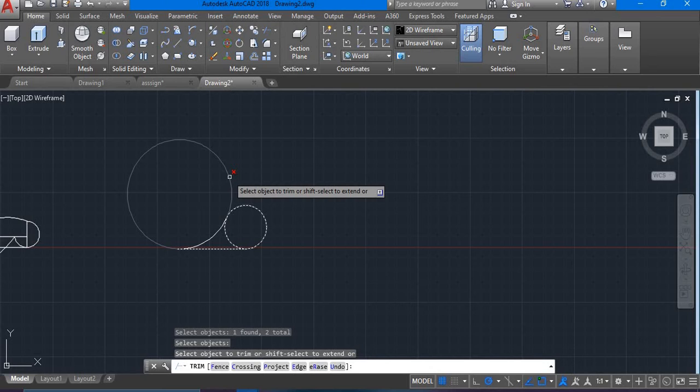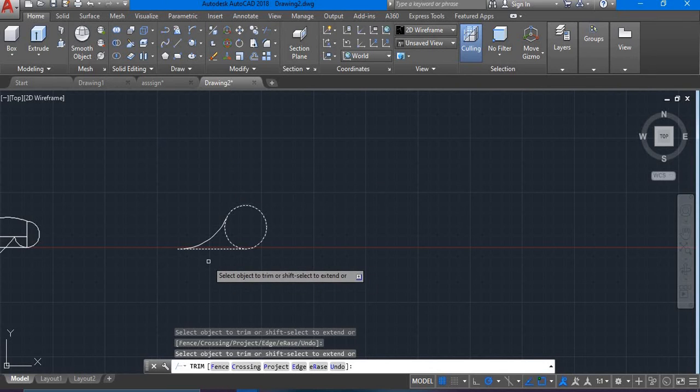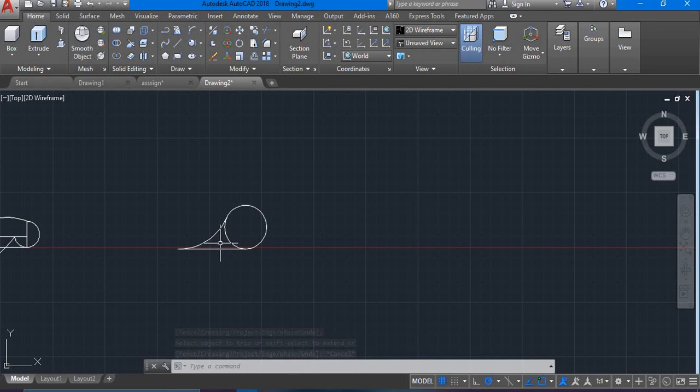Now click on the bigger circle, left click. Remember, all what you are using here is left click. So that's that. Now what trimming does is, I don't know if you understood what I did there. Let me go back again. Ctrl Z. When you type in trimming,